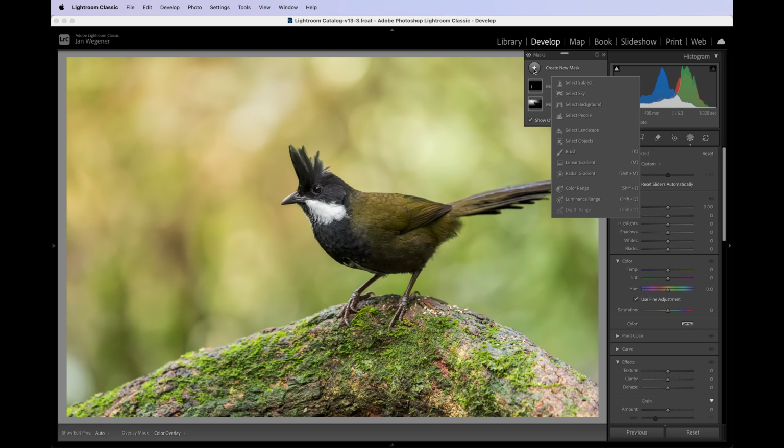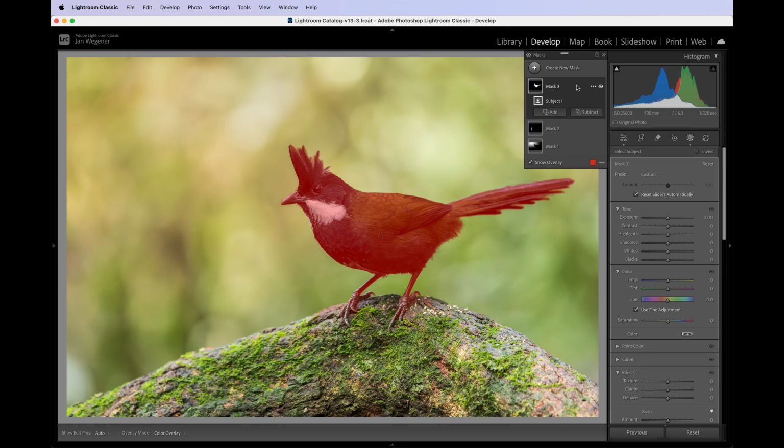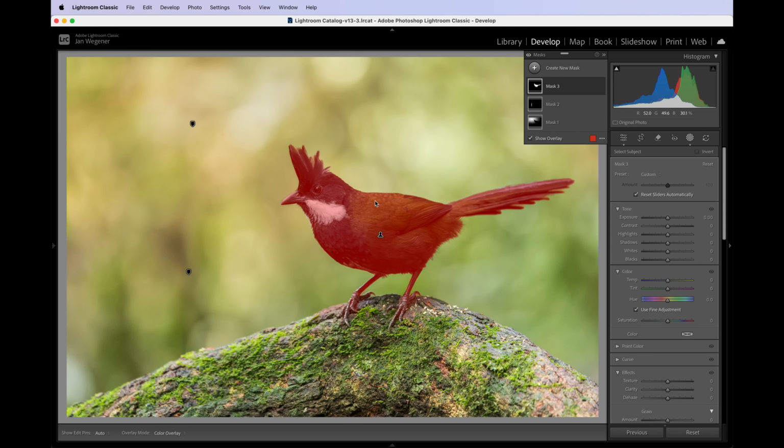So I'm going to create a new mask, and that is called Select Subject. Now there's actually a smarter way to do that, because when I showed you initially how to make a refined Select Subject mask, I shouldn't have deleted it, but rather renamed it and then just hid it. Because what we could have done now is to bring this mask up again or duplicate this initial mask that gives us a refined selection every time we want to use the Select Subject mask, rather than creating a new Select Subject mask, which is a little bit more sloppy now, but in our case, it will still work either way. So in this case, I just used Select Subject,